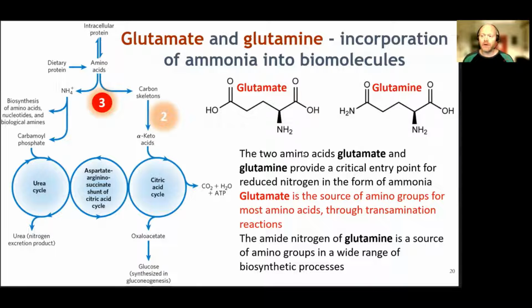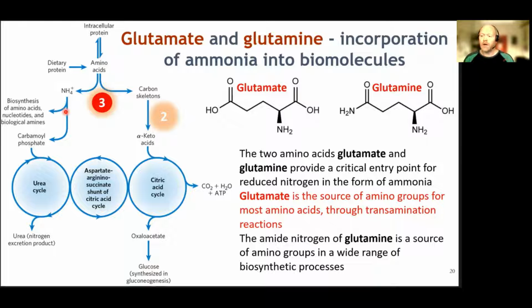Welcome back to part 3 of amino acid metabolism. We will leave transamination and look at the other track of the overview figure on the left. So we'll go this way now. We'll look briefly at the production of ammonium, its transportation in the bloodstream, and its entry into the biosynthesis of